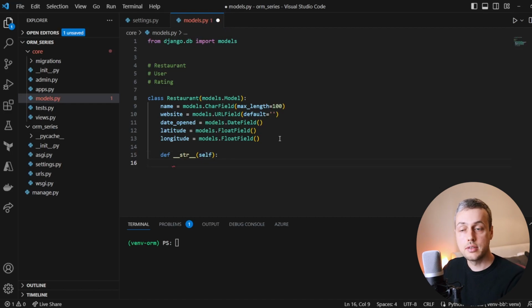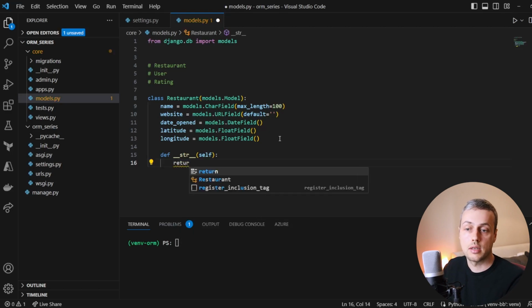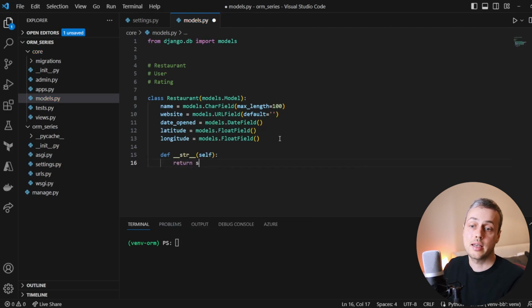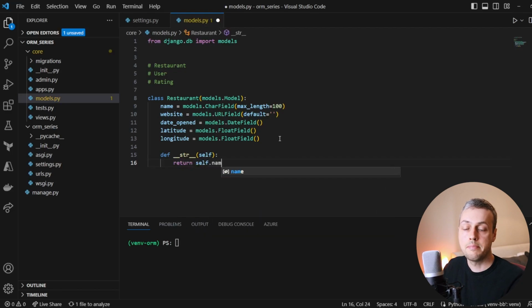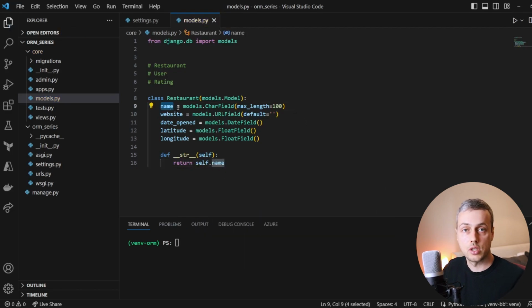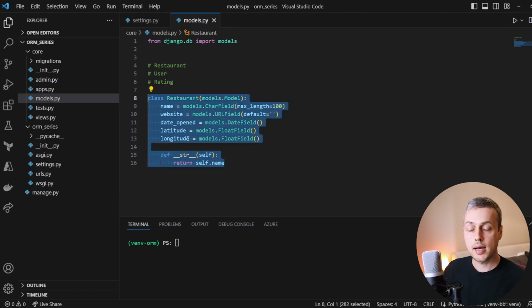So when we have an instance of the restaurant, what do we want to see when we are trying to display that instance? That's basically what the dunderString method is going to do. We return a value. In this case, we're going to return self.name, and that's going to output the name of the restaurant. So this is our basic Django model for a restaurant, and this will be mapped to a table